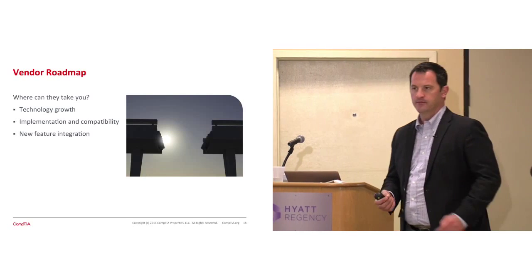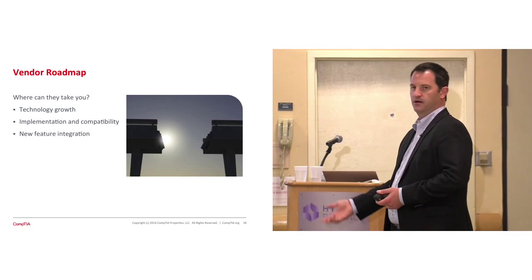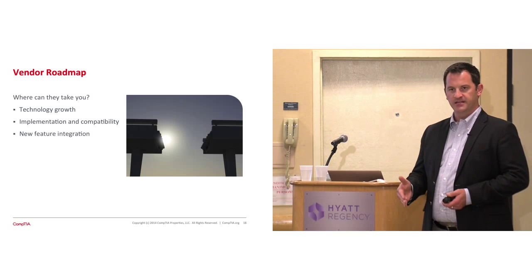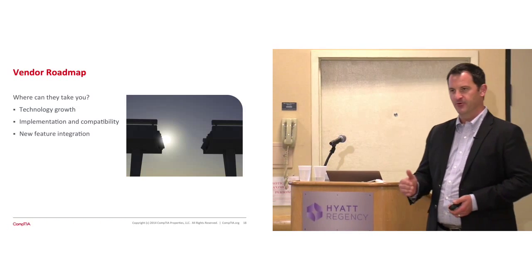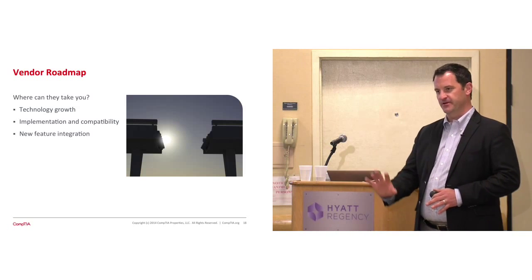And then what's the vendor roadmap? Where can they take you, right? Where are they going? Look at their roadmap. Talk to vendors. Where is this product going? And it's amazing because you can't buy into the marketing spin. Anything that vendors tell you is going to happen more than 3 to 6 months away, you could just kind of put that in your hopes and dreams chest, right?